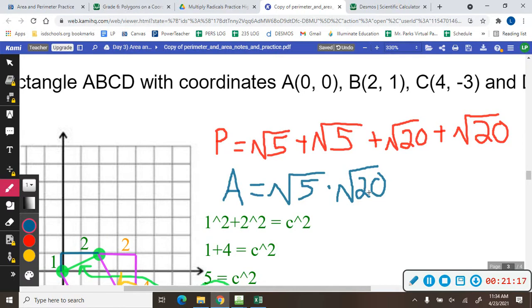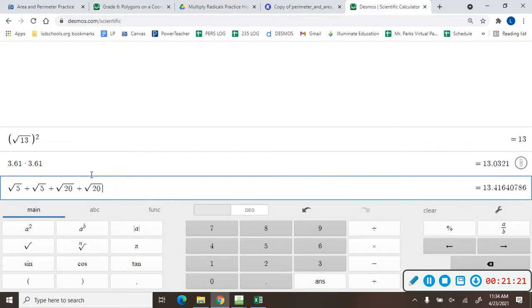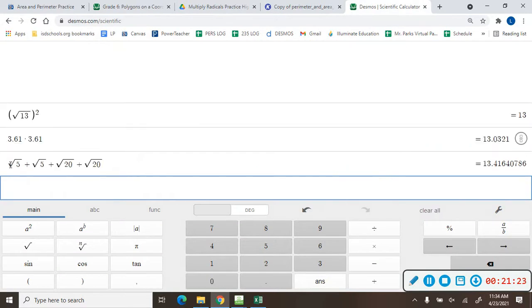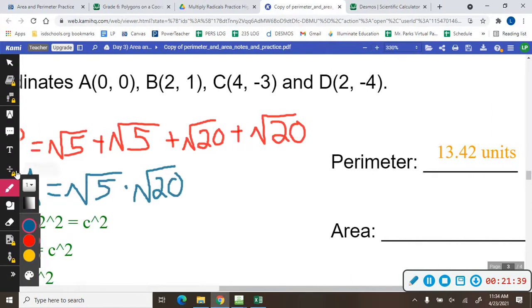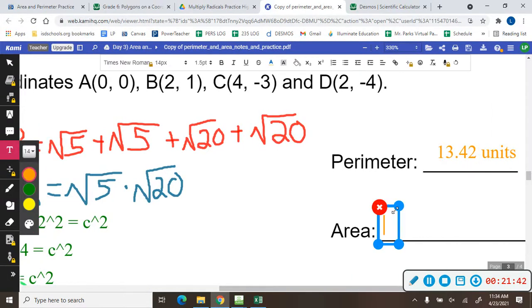Square root of 100 is 10. But in case you don't know, feel free to use a calculator. Square root of 5 times square root of 20. See, it's 10. So the area would be 10 square units. If I counted up the squares in the rectangle, I'd get